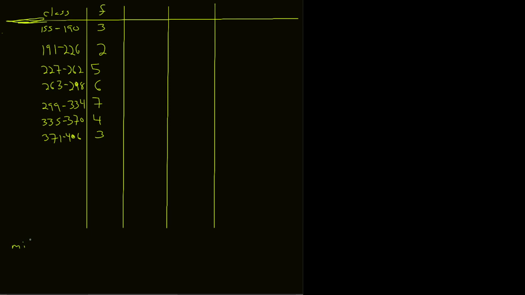The midpoint follows the midpoint formula, where you take the lower class limit plus the upper class limit and divide by 2. For example, the first class, 155 plus 190 divided by 2 gives us a midpoint of 172.5. This is calculator time. I'll add these two numbers, divide by 2, add these two numbers, divide by 2. So the midpoint here is 172.5,